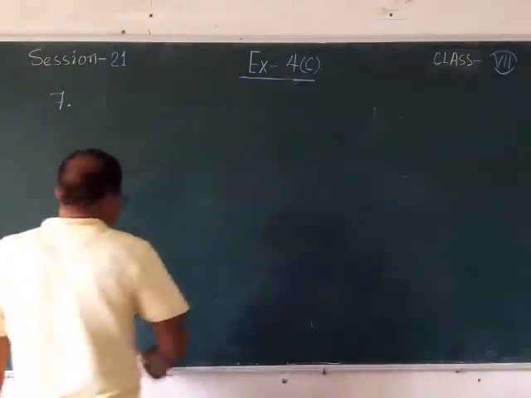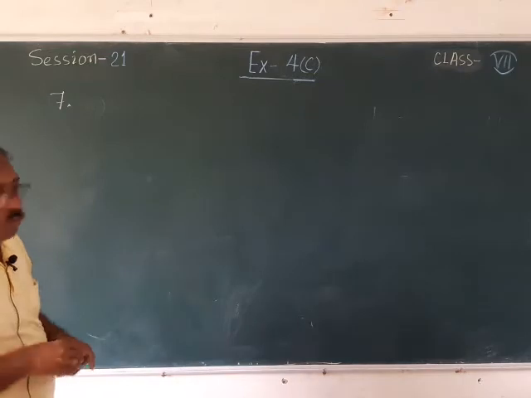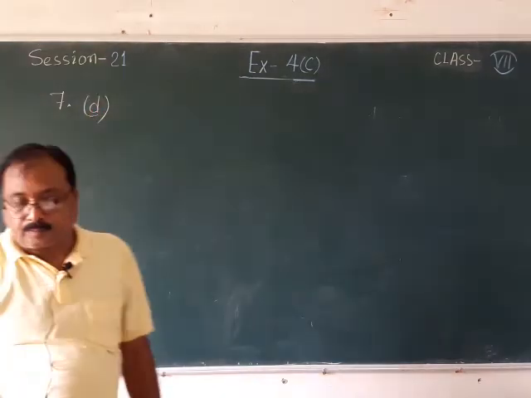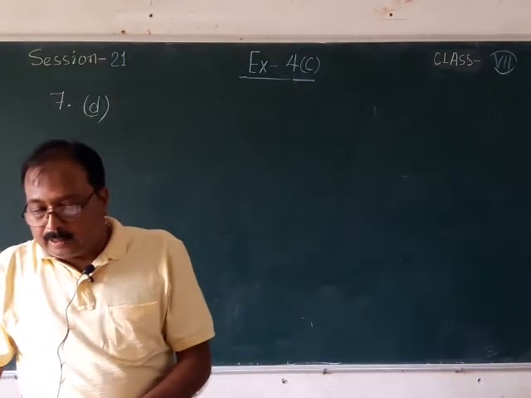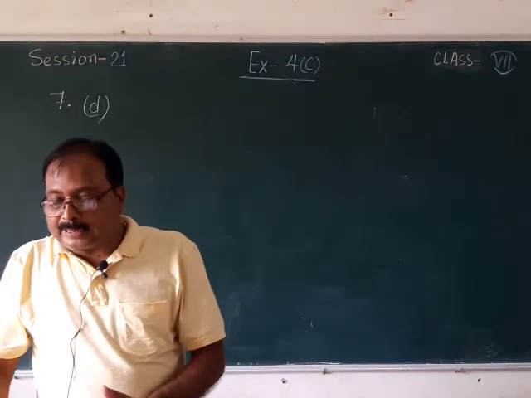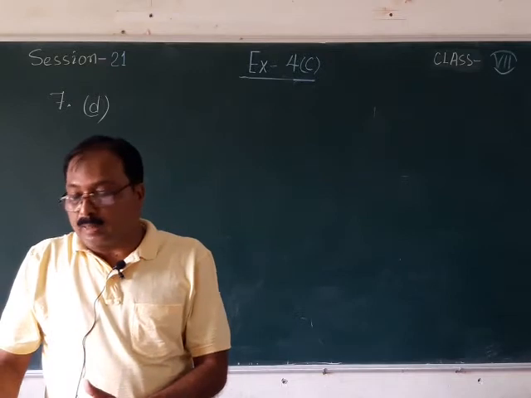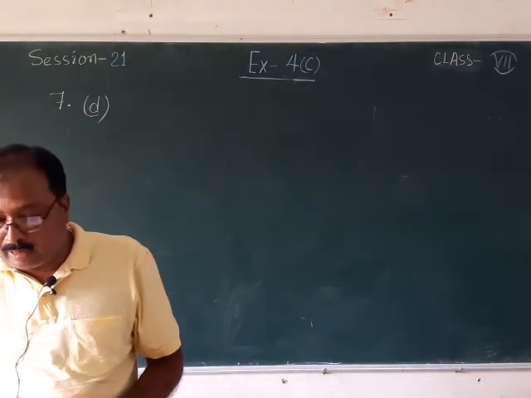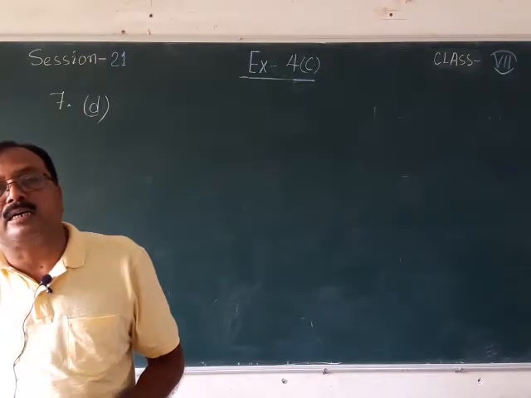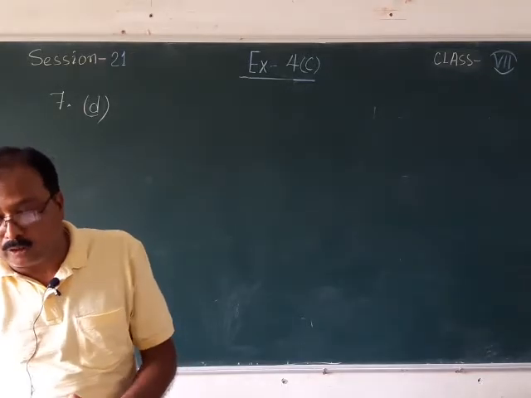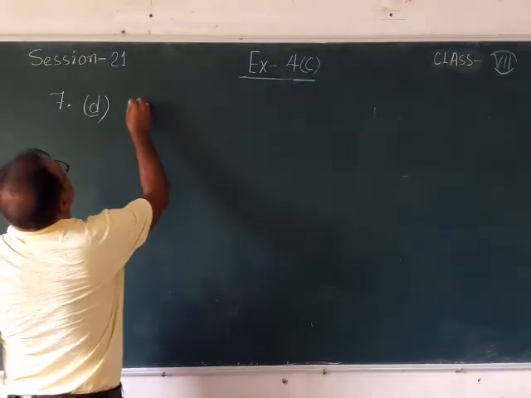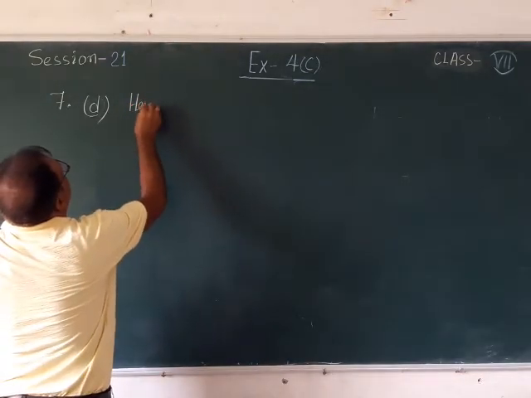Okay, after 7C, I am doing 7D. This time I am doing 7D. Look at your book. The product of two rational numbers is minus 18 upon 5. If one of the rational numbers is 45 upon 8, then find the other rational number. So what to do? How will you find it? You will write the statement first here. What are the things given?